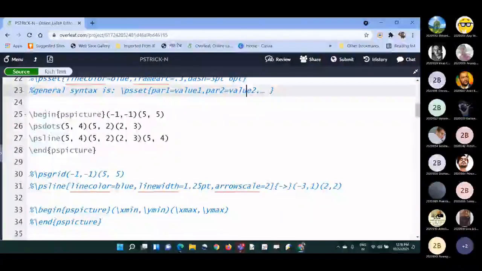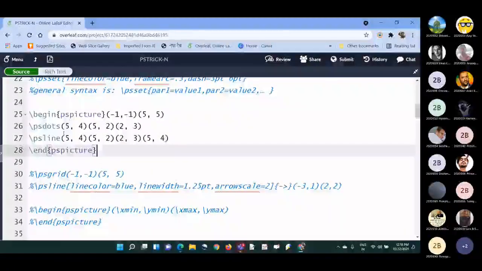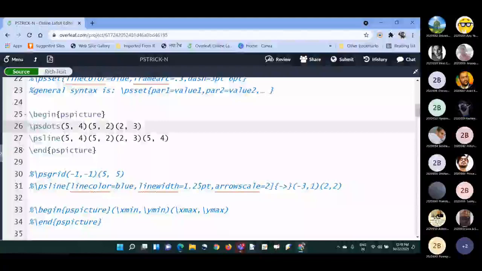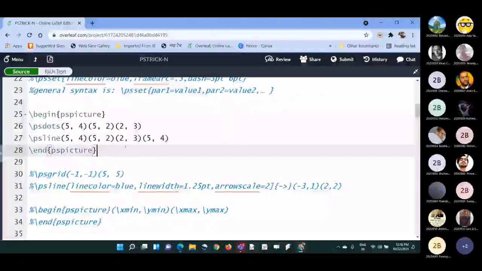Let us see. Earlier, in the last class, we saw how to draw some plot points. Let me remove this one, no need of this. Let us see this PS dot. If you want to create one dot, you need to write one command here. If you want two dots, you can write two coordinates in sequence, and if you want three, you can write a third coordinate in the sequence. You can keep this first or this first, it doesn't matter, but you need to keep all the coordinates.